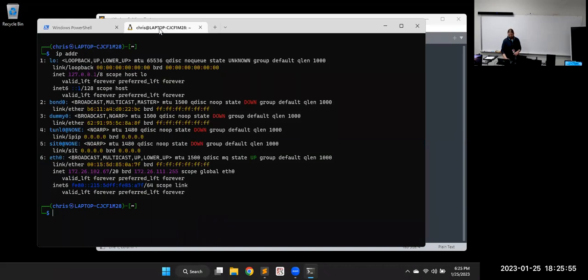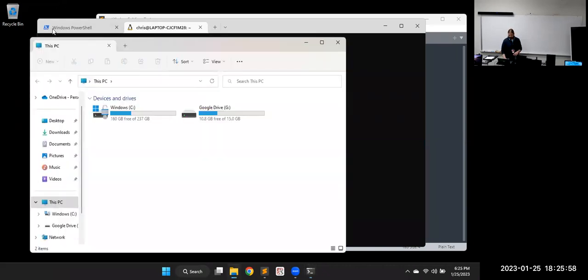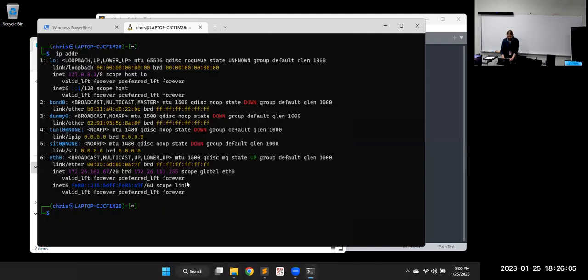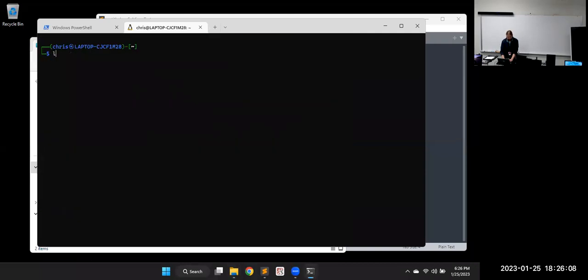Open Windows File Explorer, the Windows E. You see the folders all know about each other. Over here in Kali, if I list out the mounted drives, you'll see the C drive, Windows. The G drive is Google. So I sync to the Google Drive since I constantly switch back and forth between machines. WSL, so that's my other Windows Subsystem for Linux machines. And